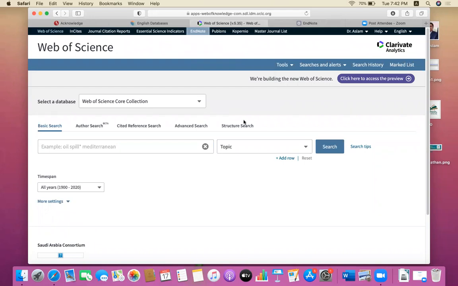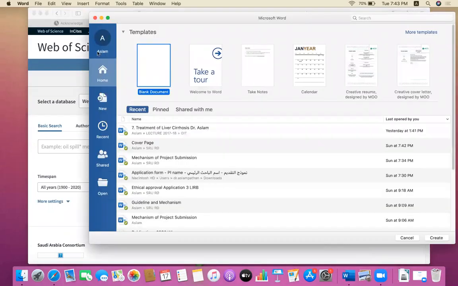Let it load. Now I have to write an article. Suppose, for example, on a trending area, now COVID-19. So I will write the article, and how can I use this EndNote.